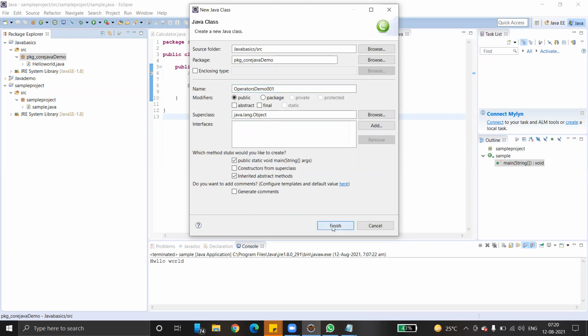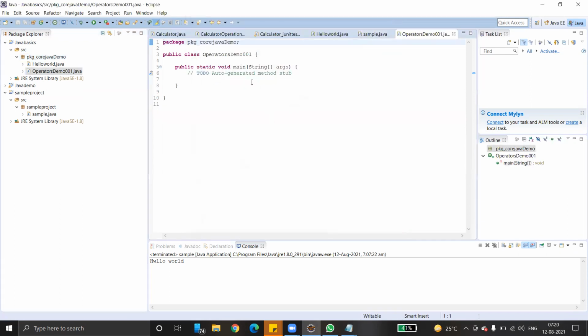I just click finish. So we have a very simple class, and then straight away I write integer number a equals 20, integer number b, and number b equals 40.